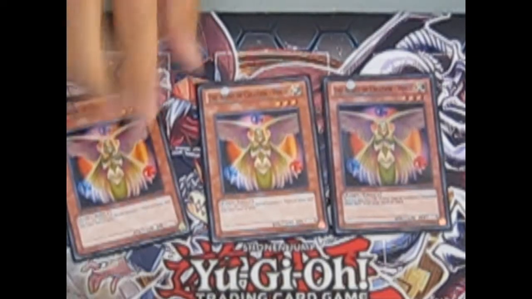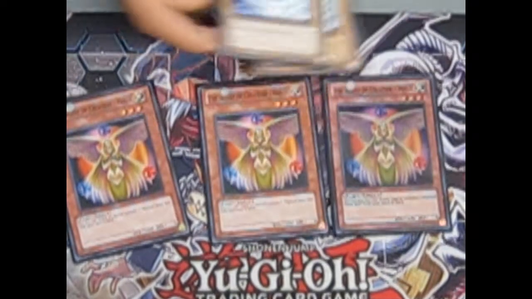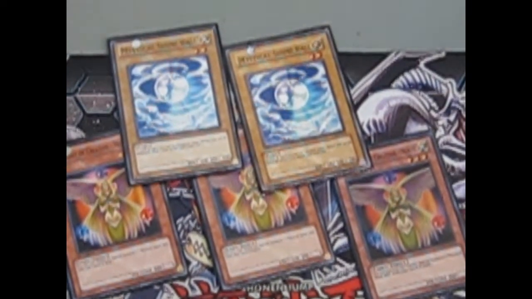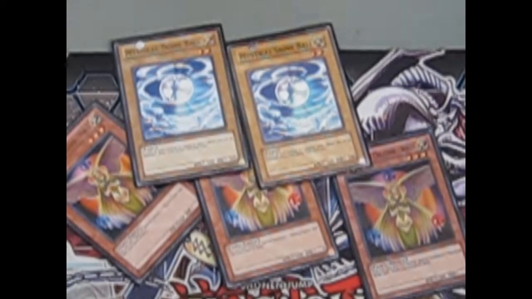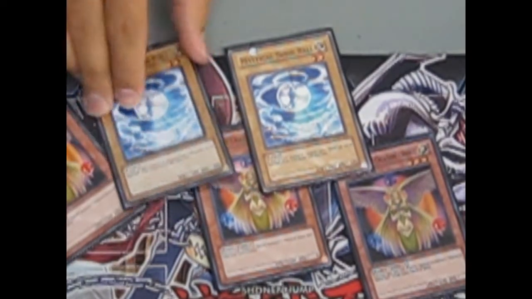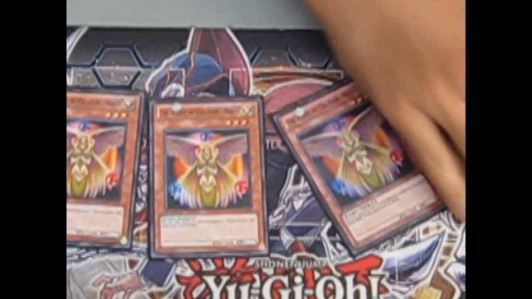You want 3 because you always want to try and open it in your first hand, just so you can get these Mystical Shine Balls on the field as soon as possible. And when I say you want to get them out on the field as soon as possible, it's because you don't want to draw into them. You don't want to waste a turn drawing a 500 attack normal monster. And so you want to get them out as soon as possible onto the field. That way you can slim your deck by 2 cards, adding that much more speed and probability to your deck